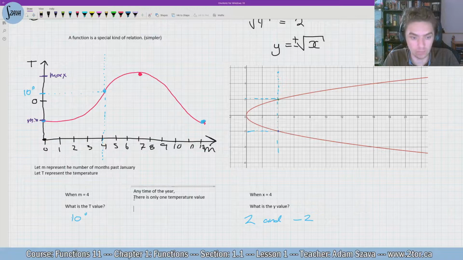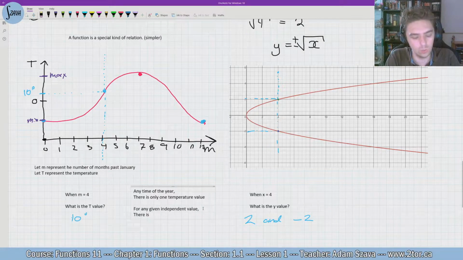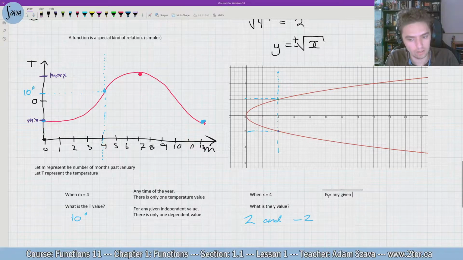Or in other words, in more technical words, now pay attention here, for any given independent value, in this particular case, it was a time of year, there is only one dependent value, which was the temperature. Any given independent value, there's only one dependent value. In here, that's not true. For any given independent value,